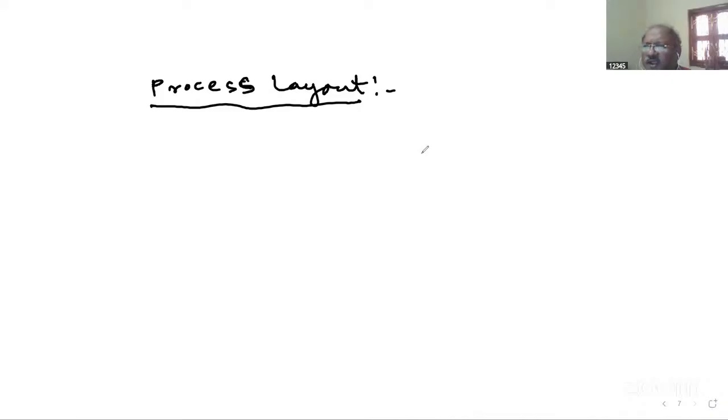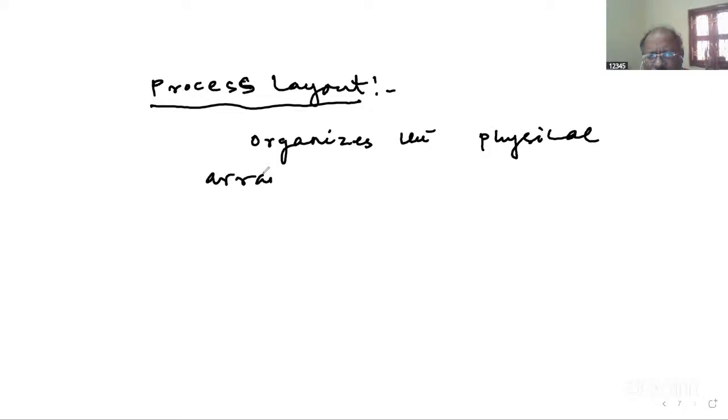That is called your process layout. It simply organizes the physical arrangement. Process layout mainly aims at organizing the physical arrangement of machinery, equipment,